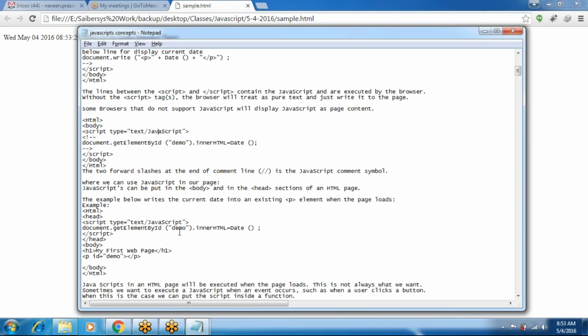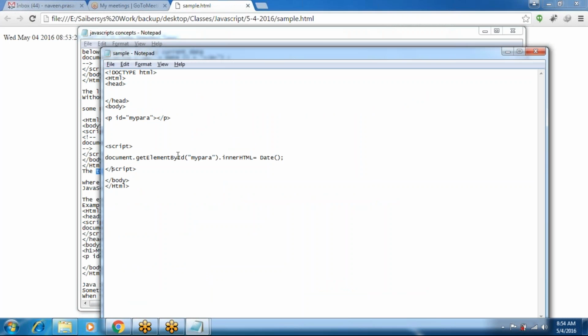And here in JavaScript we have comment symbols. You can explain JavaScript code using comment symbols, comments. Here two forward slashes to write the comments. Two forward slashes at the start of the line is the JavaScript comment symbol. So to explain our code, write JavaScript comments like two forward slashes